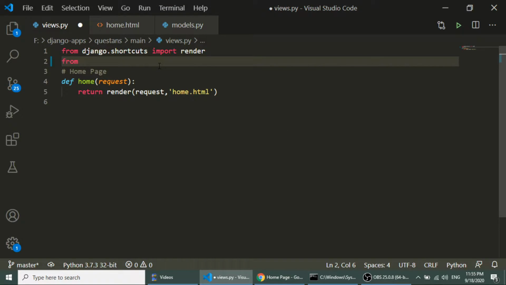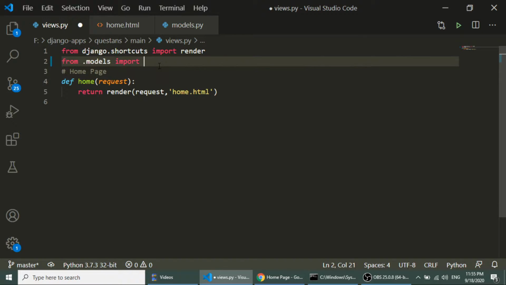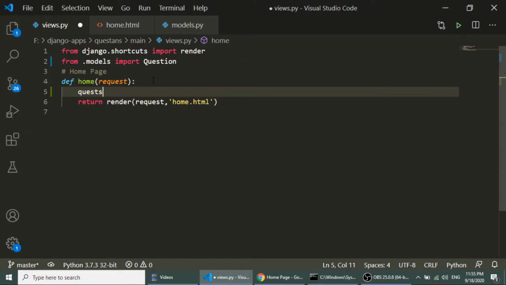From .models import Question, and here we will fetch the questions. quests equal to Question.objects.all(), and I will fetch the questions in descending order.